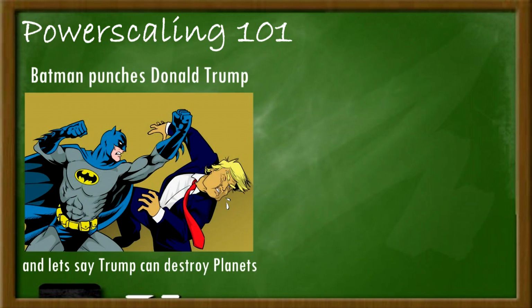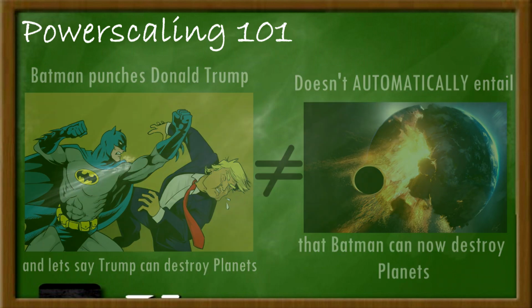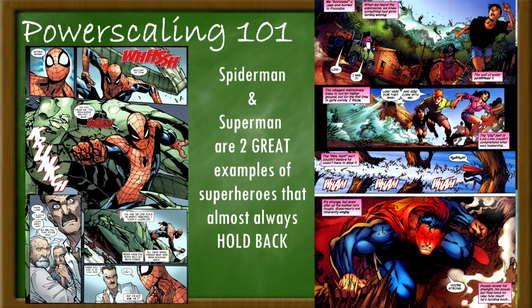Therefore, a character that can harm and or kill a character that can destroy a planet doesn't always indicate that they can destroy a planet themselves. This differentiation helps make sense of the instances within fiction where there are characters that have the power to destroy planets and even up to entire universes, but are capable of brawling out on Earth without destroying some parts of the landscape, because their goal is more about hurting each other rather than the battlefield they're standing on. Sometimes this even leads to great storytelling about giving heroes a reason to hold back sometimes, because they're afraid of what more damage they could cause as a result.